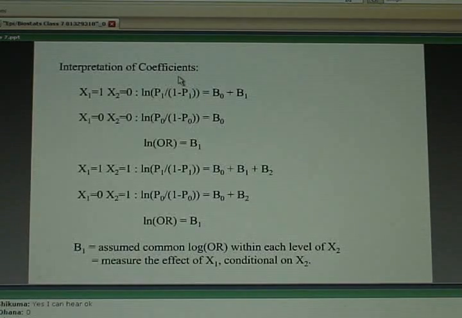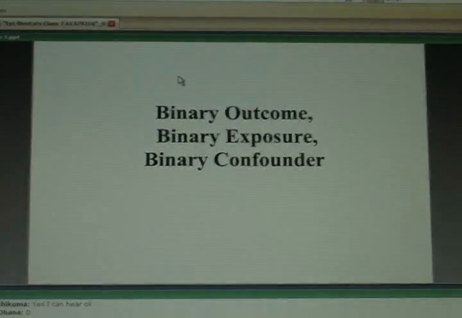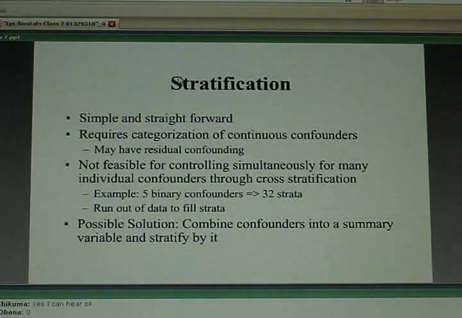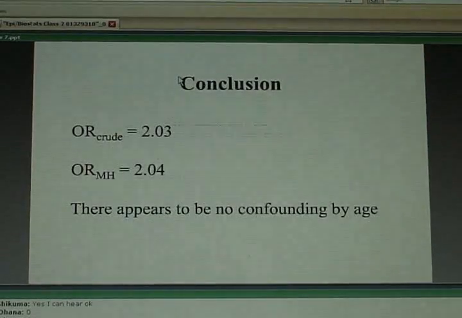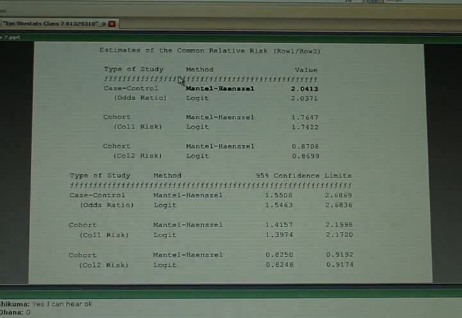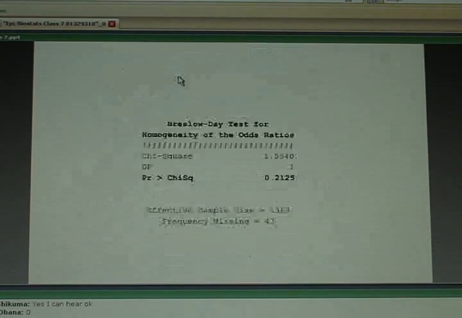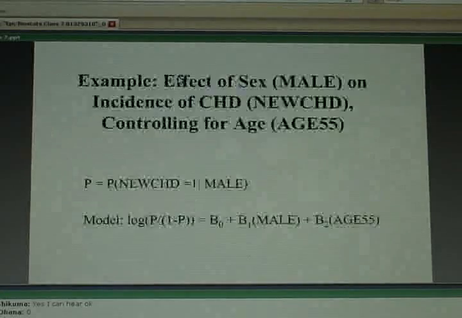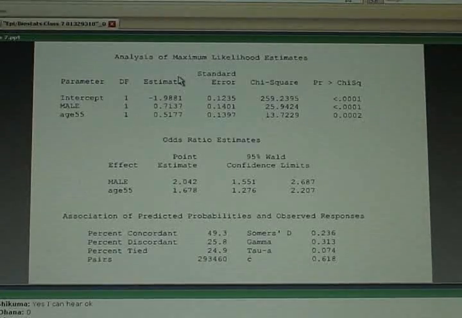If I go back to the stratified analysis, the coefficient was 2.04. The confidence interval went from 1.55 to 2.68. Now if I go to the model, I get essentially the same adjusted odds ratio, essentially the same confidence interval. So again, what I could do for controlling confounding through stratification, I can do the same thing with a model by including a term in the model for